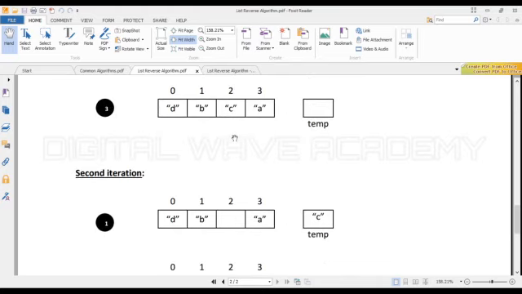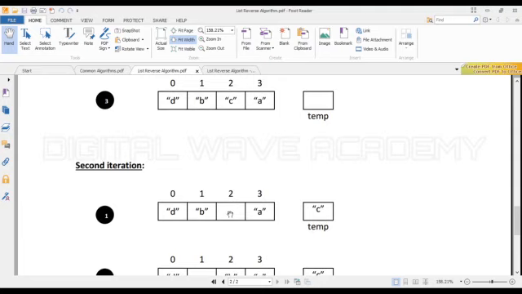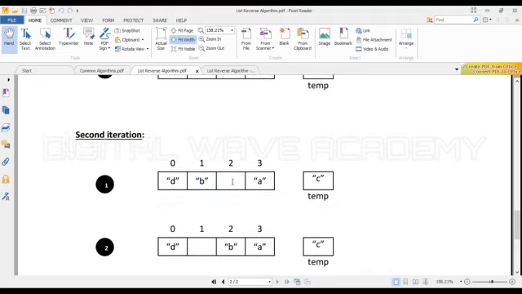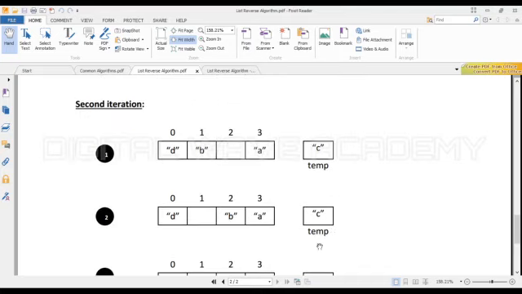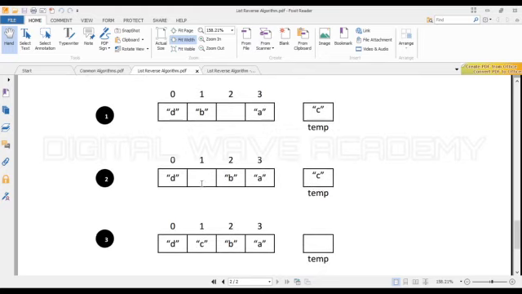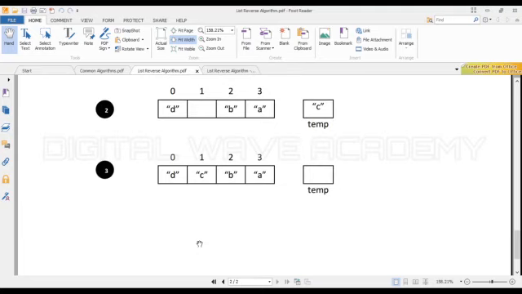It is still the same step of taking the last value, which is C, which is stored in the position 2, and store it in the temp variable. And the next thing is that we want to take the first element, which is in the position 1, and store it in the same second position, which is 2. And of course, remember, we've removed what was in the 2 and placed it in the temp. Now we take what was in the 2, which is now stored in the temp, and place it back in the first position, which is C now at this point. So this actually concludes our